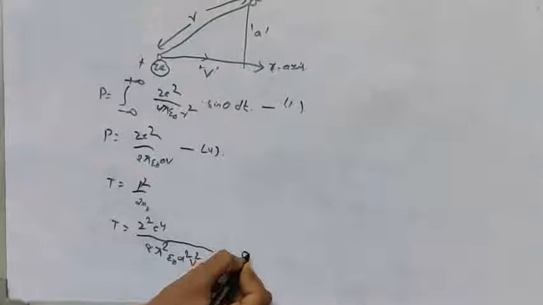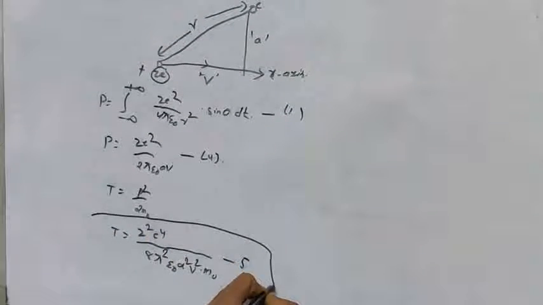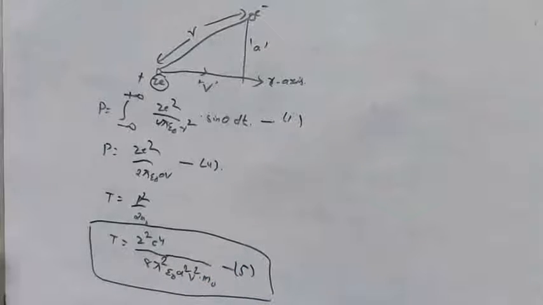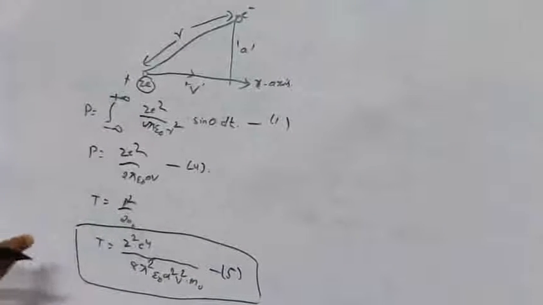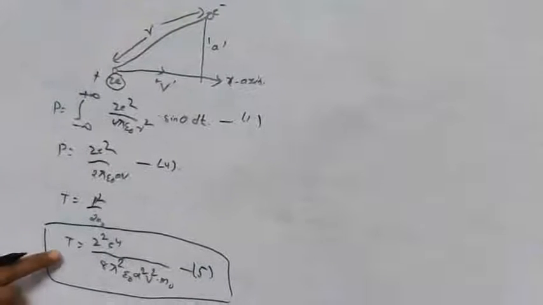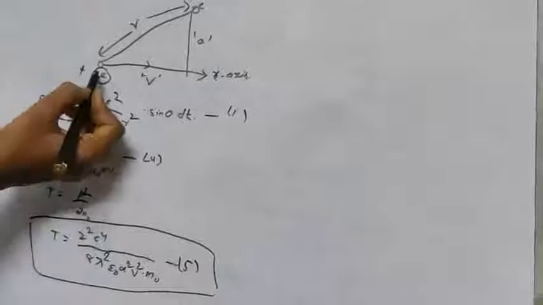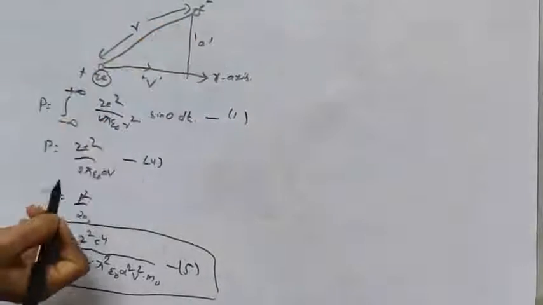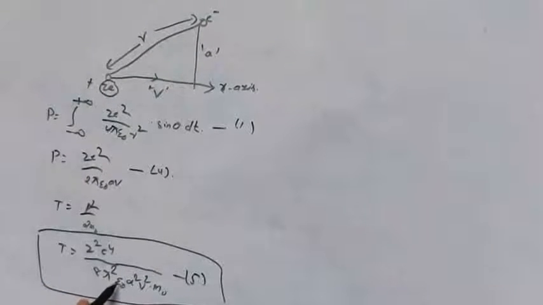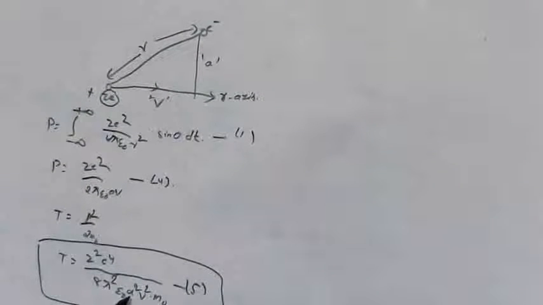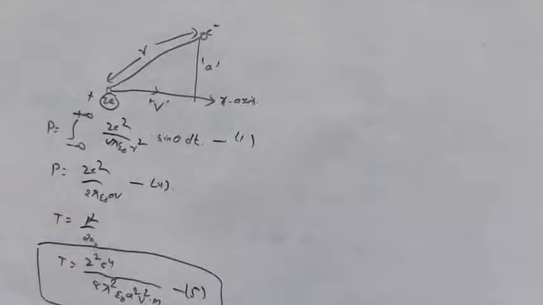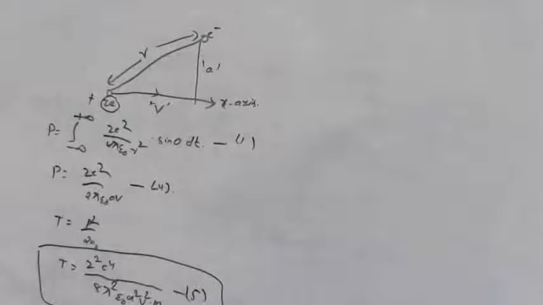So up to here we have covered in the previous lecture, up to equation 5. Now today we are going to continue with this. After deriving equation 5, the transfer of kinetic energy from the charged particle to the stationary electron is denoted by T is equal to Z square e power 4 by 8 pi square epsilon naught A square V square into m naught. Next we are going to consider a cylindrical shell of